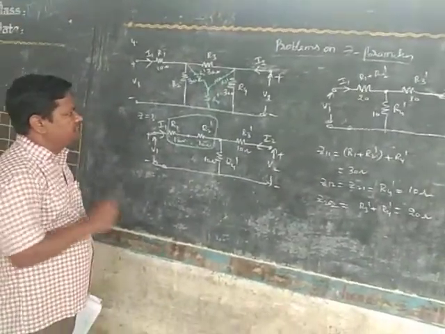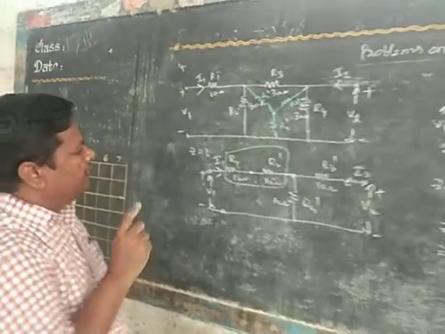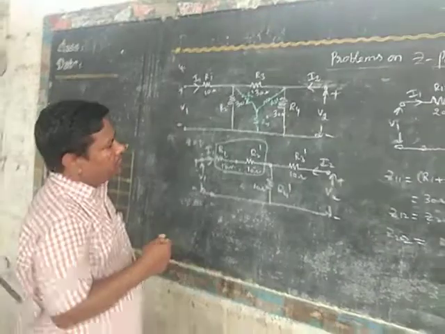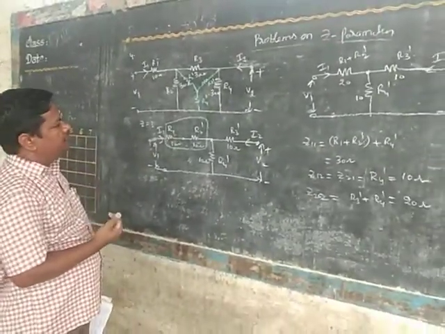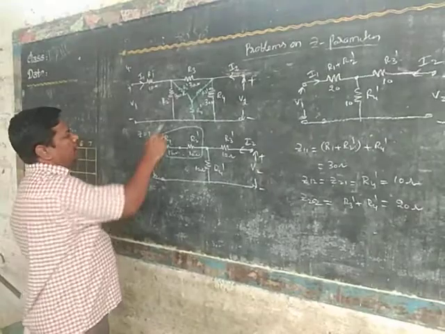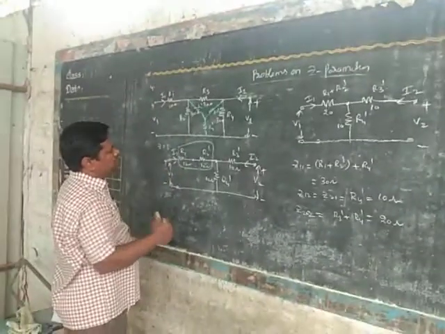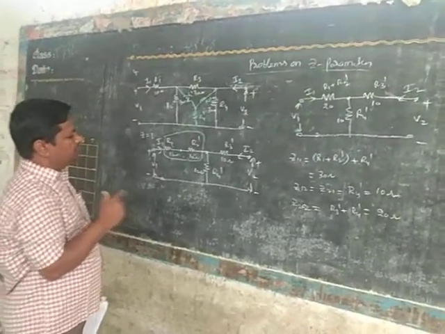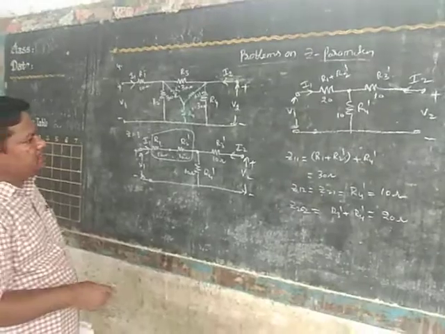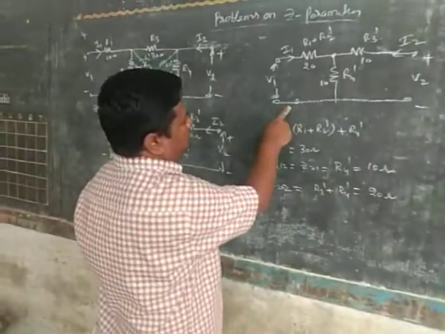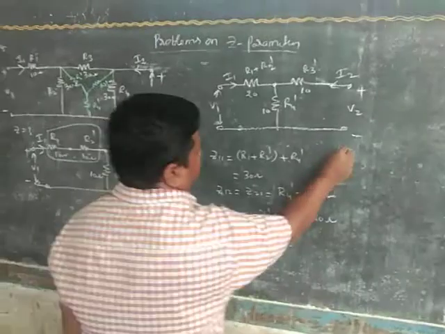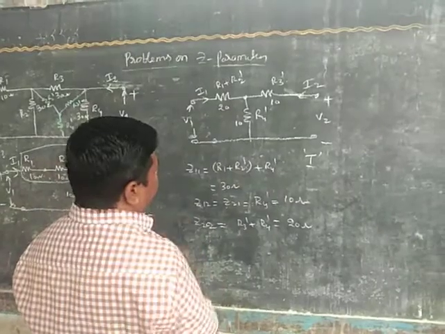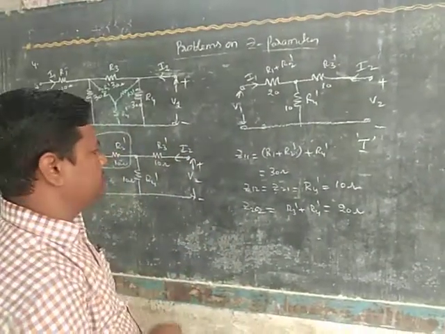The procedure is, first of all observe the circuit diagram. Is there any conversion procedure, either delta to star or star to delta? Here for Z parameter analysis, the maximum possibility is to convert delta into star. Then after that rearrange the circuit, add any series combination resistors, and finally try to get the circuit in the form of a T network. In the form of a T network, then only you can easily find Z parameters by using standard notations.